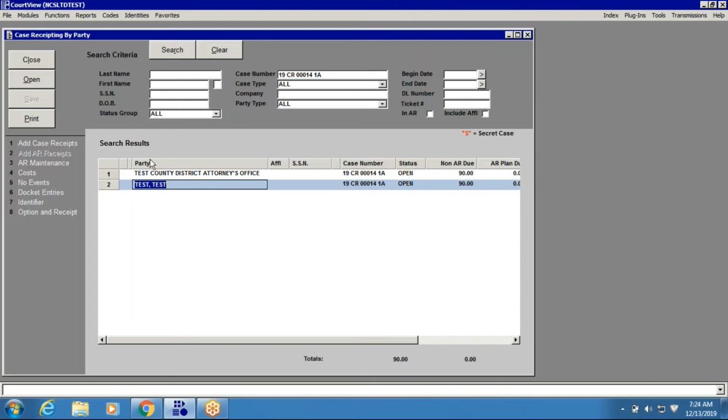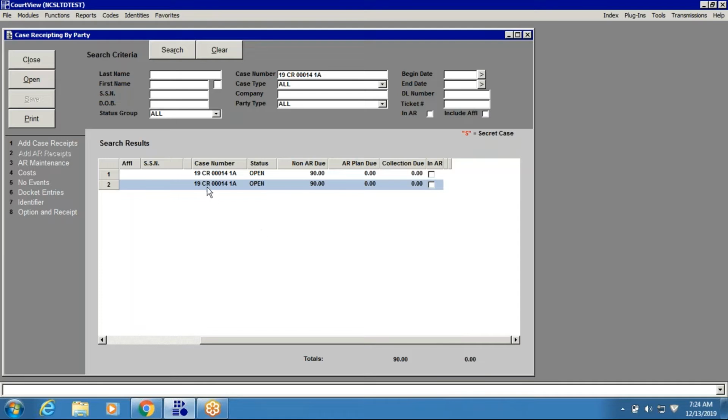Okay, so what we have here is this column is going to let us know what party it is, affiliation if there is one on the case, the social security number if it was provided. Scroll over a little bit. The case number, the status of the case,